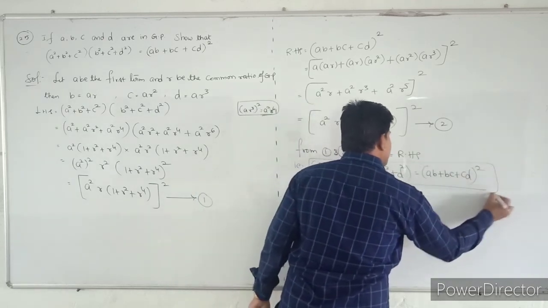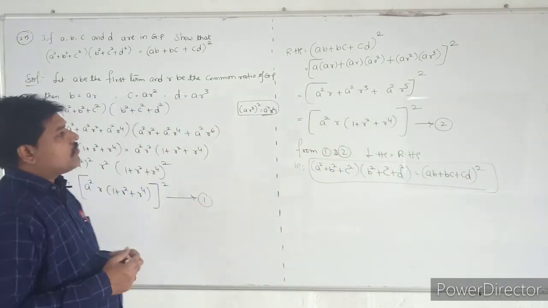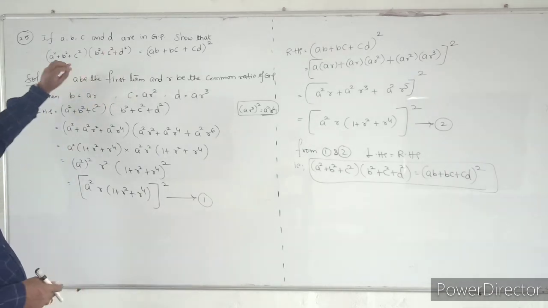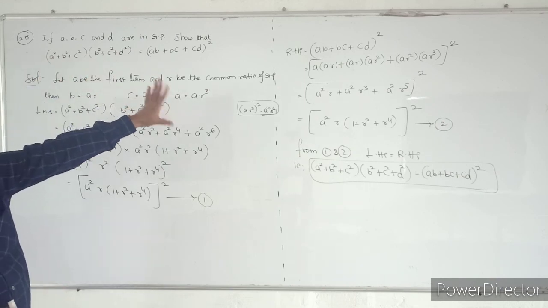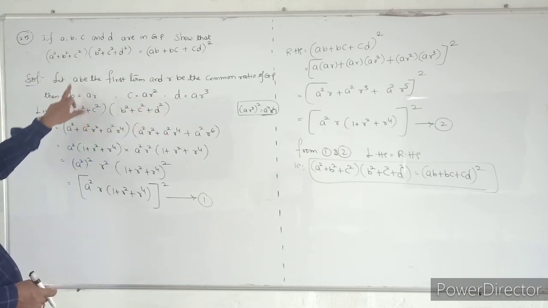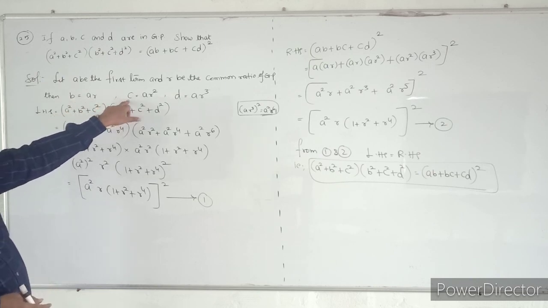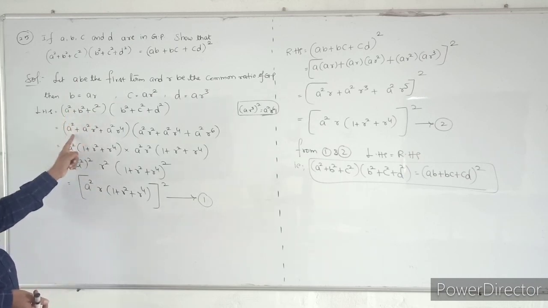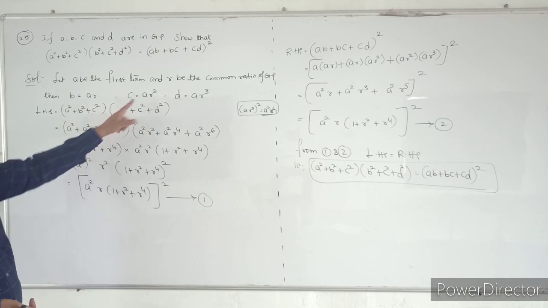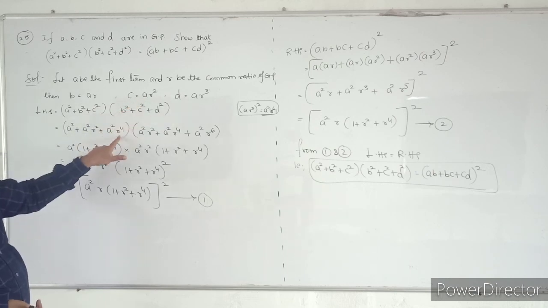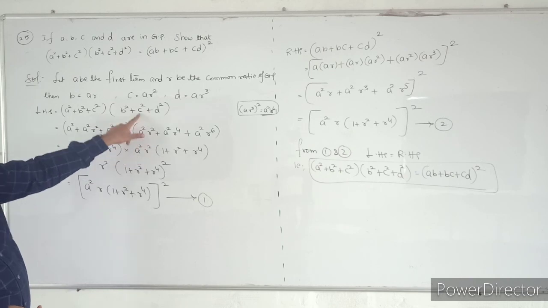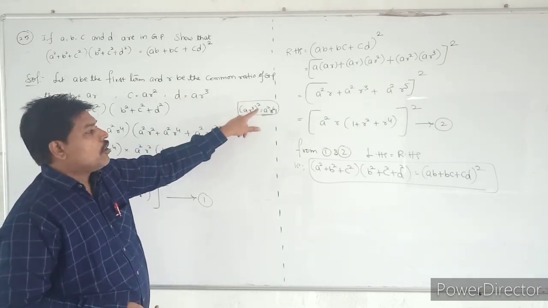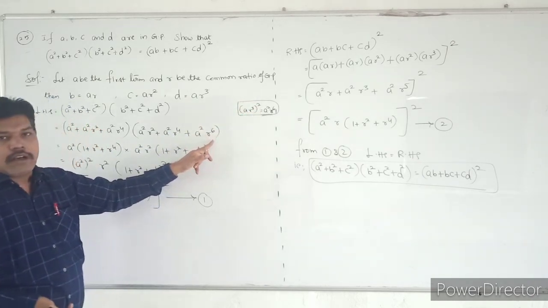See the question, students. What was given and what have we proved here? 4 terms are given in GP. I am taking the first term as A and R as the common ratio of the GP. Then automatically B is the second term AR, C is the third term AR square, and D is the fourth term AR cube. So I am taking the LHS. A square is A square, B square is A square R square, C square is A square R power 4, D square is A R cube whole square, that is A square R power 6.